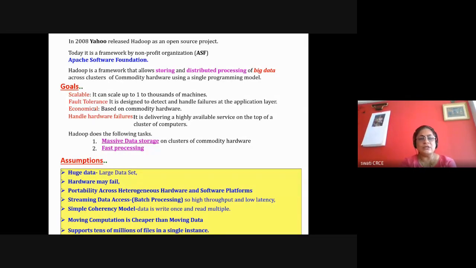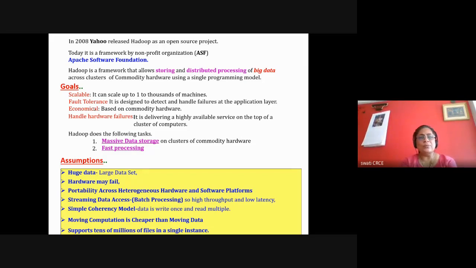So the assumptions are, it is supposed to be used when your data is huge. For small data applications, you should not go for Hadoop. If your data is in petabytes, terabytes, then only you should go for this, because it is a huge infrastructure. Okay. It is assuming that the hardware may fail, plus it is assuming that portability is there, portability across heterogeneous hardware and platforms.